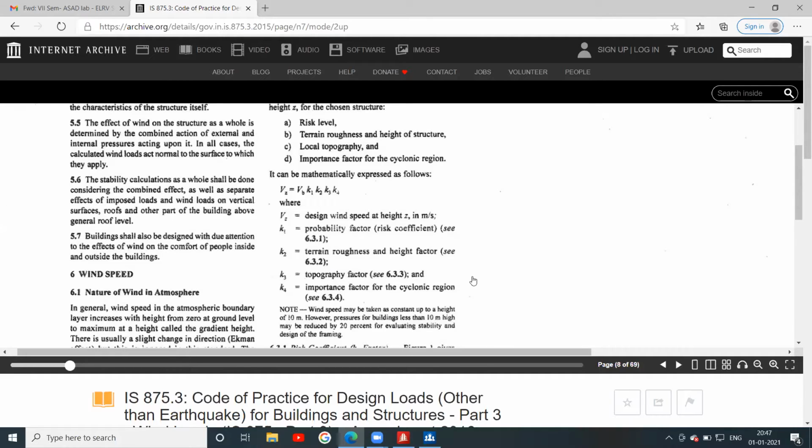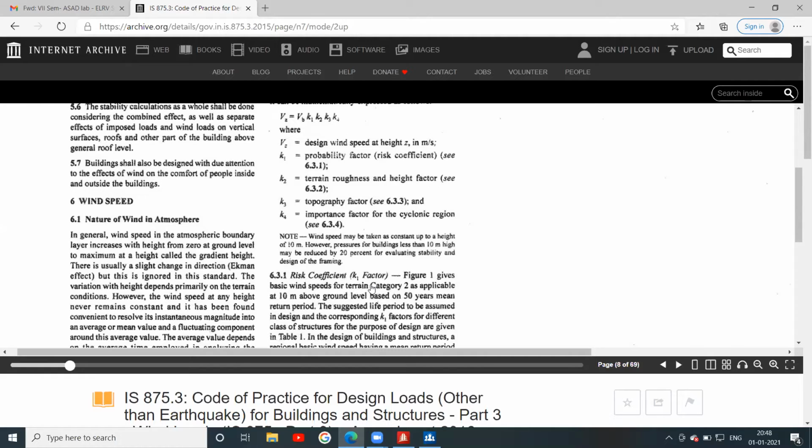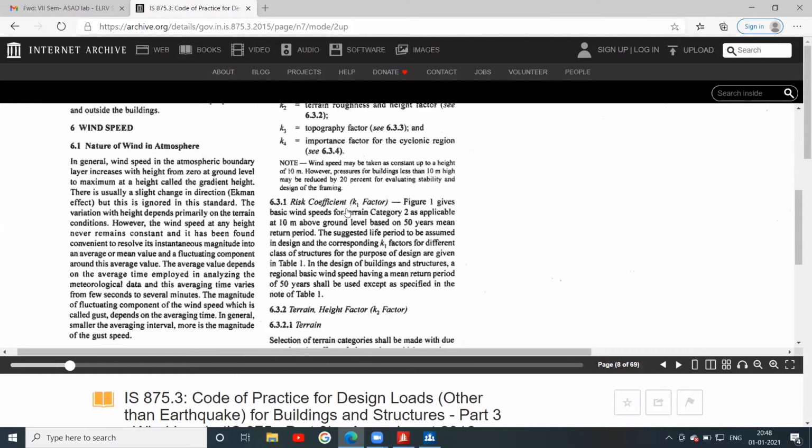K3 is the topography factor. K4 is the importance factor for cyclonic region. If it is a cyclonic region only, we have to consider it; if it is not cyclonic, we should not consider it. Wind speed may be taken as a constant up to a height of 10 meters. However, pressures for buildings less than 10 meters high may be reduced by 20% for evaluating stability and design of the frame.